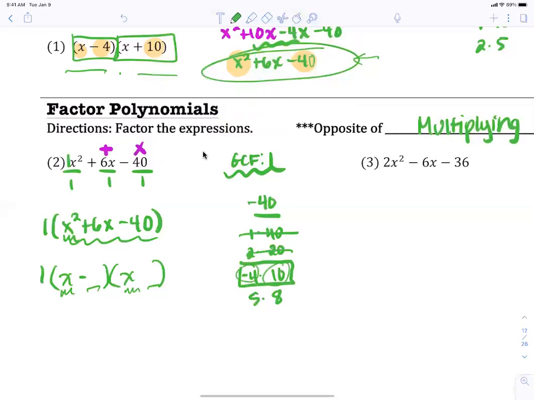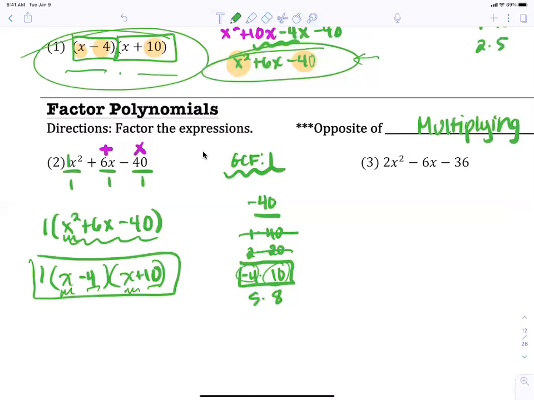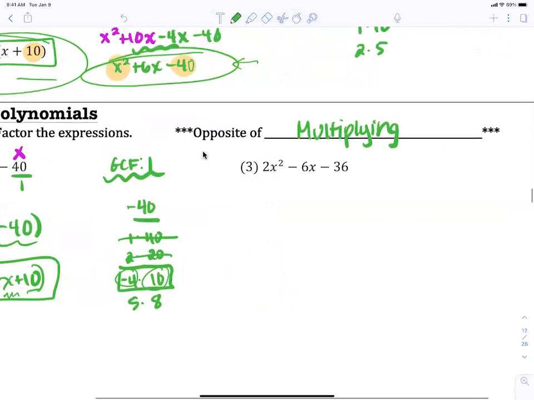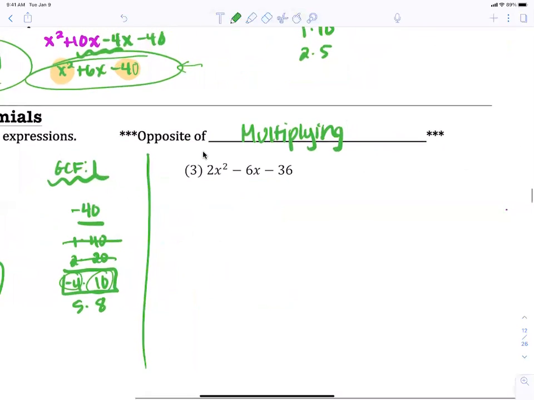What that means is those are what I like to call the magic numbers. Those are the numbers that are going to go in those spots. And you're going to notice that's exactly what we had up here. That's what we were supposed to get. So factoring is kind of that step for how we go through and figure out, well, what were the 2 things that we multiplied? So if we look at example 3, you're going to notice that obviously